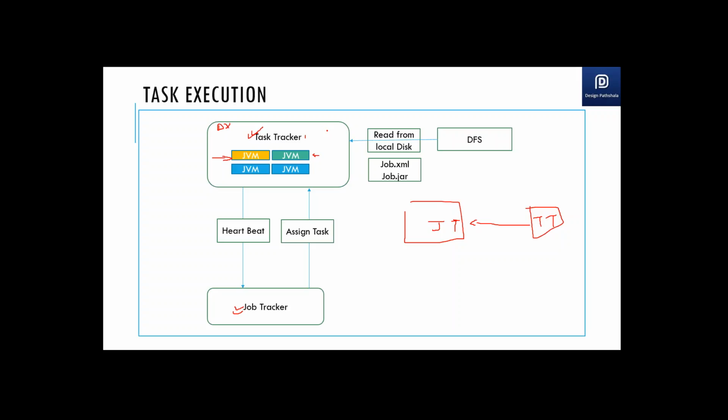So the simple logic is, if while processing the data there are some exceptions or errors and the whole JVM goes down, my task tracker does not go down, and the other processes which are running are not affected. That's the whole reason why it starts a separate JVM. So each processing which happens on an individual data node with the help of the task tracker happens in a separate JVM.